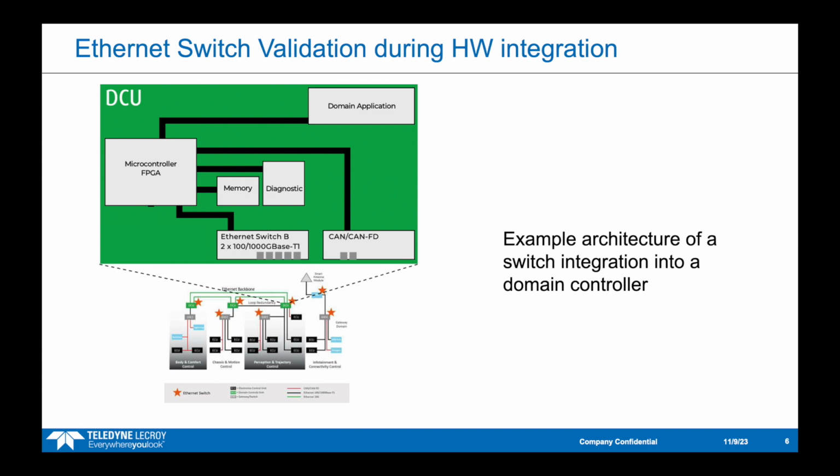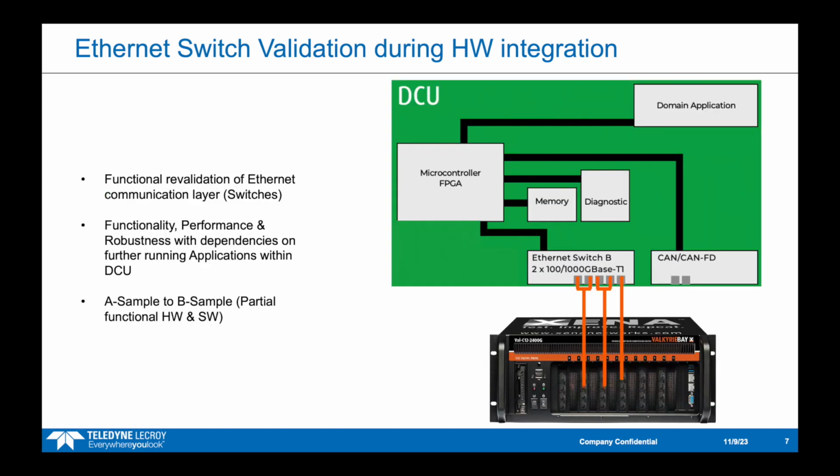The important point with the integration validation is to test the Ethernet communication. Often people will say, okay, but I tested the Ethernet switch already in the initial step. Why should I test the switch again when I integrate it into my ECU or DCU? It is important because as you have dependencies within such a design, you probably have less performance or less memory if you are changing specific configuration on the domain application. So you must revalidate the communication through the Ethernet switches to verify it always works as expected or described in